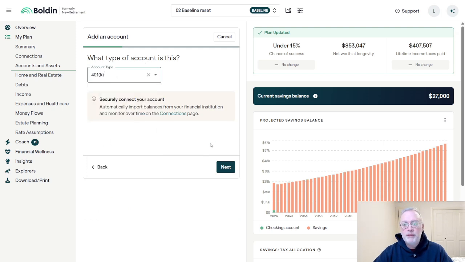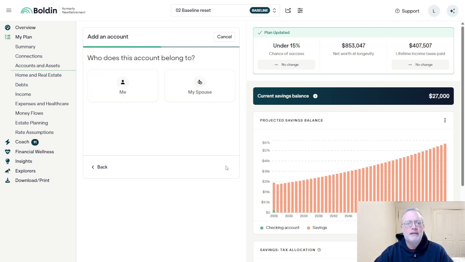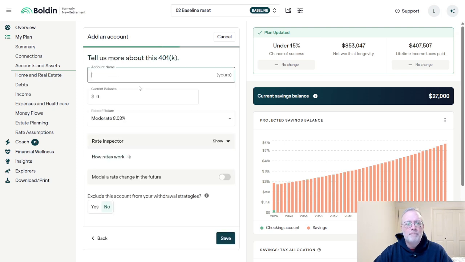Now remember, we have two people in this plan. We have Lorena and we have Lloyd. So who does this 401k? Let's say that both are working, so we'll add a 401k for each person. So this is Lloyd's. We'll call this Lloyd's